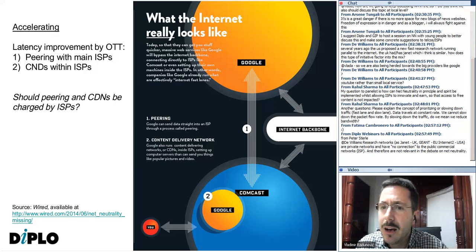I lost somewhere Fatima's question. Rather, how are we going to keep discussing network neutrality in the IGF? Do you think we also discuss the topic at the local level? Yes, there should be discussions at the local level, at the regional IGFs, of course, between different stakeholders, and at the IGF,